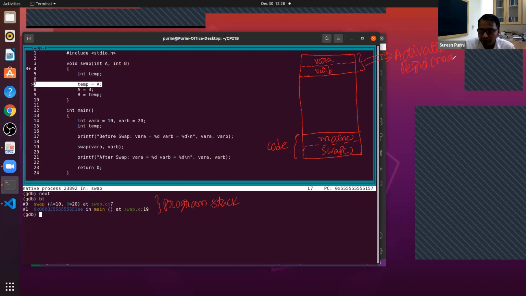Of main. Are you with me? This is var A and var B, this is the memory for var A and var B. Activation record. In the activation record for main, the memory for var A and var B will be allocated. Now, when swap is called, the activation record for swap will also be created, and there are